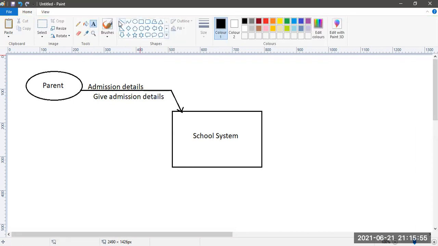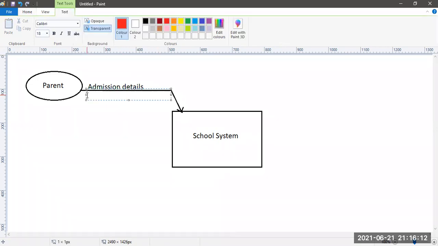Okay, so I will put that in another line. Whatever is going from the school, I will put it in red, so that will be easy. So I will say give admission details.